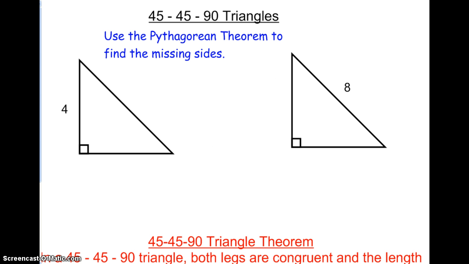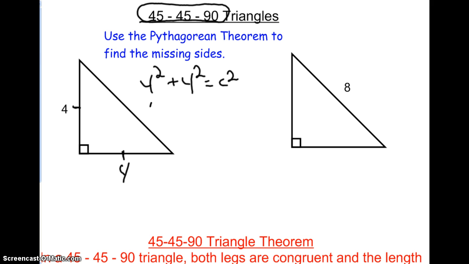Okay, first of all, it says there are 45, 45, 90 triangles. So we know if that side's 4, then this side is also 4. So when we use our Pythagorean theorem to find the missing side, it would be 4 squared plus 4 squared is c squared. Well, that's 16 plus 16. Another way to think of that, it's 2 times 16 is equal to c squared. And when I take the square root of that,